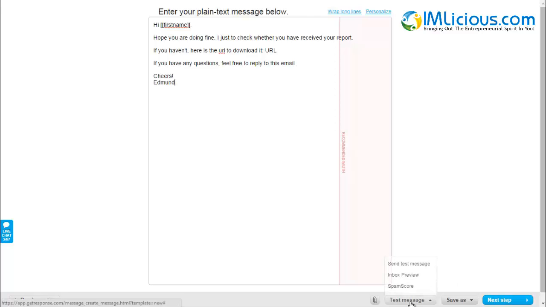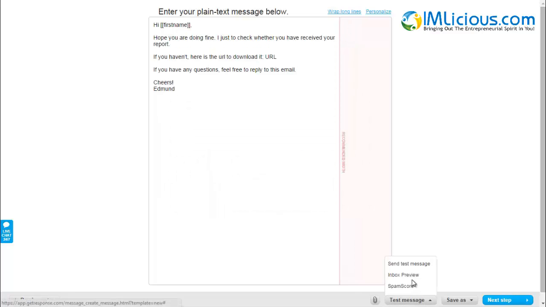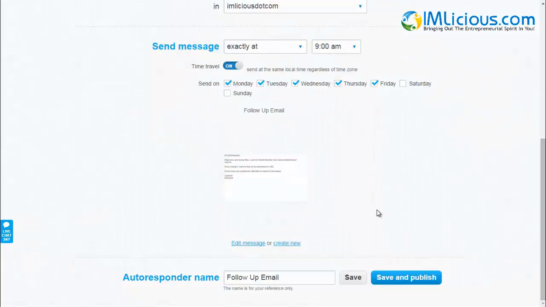And then same thing here, I'll go to test message, click on spam score, so it's 0. It's excellent. And remember to wrap the long lines as well. And if you want to select an inbox preview or select test message, you can do so as well. After you're done, you can just click on next step, and after you have verified everything, you can just click